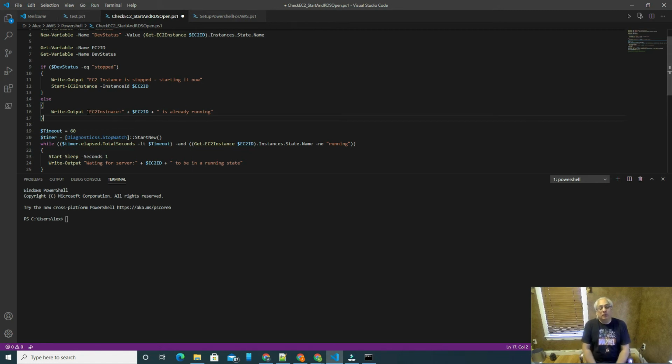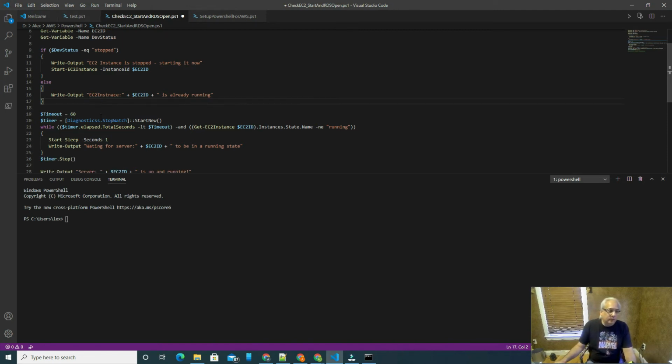What I really want is not to have to go to AWS and grab the instance name and go to RDS and paste it in there. That's all time waste and stuff that I don't need to have open. So we're going to do a little loop here, and I've got to tell you why we're doing a loop. We're doing a loop because if I simply run